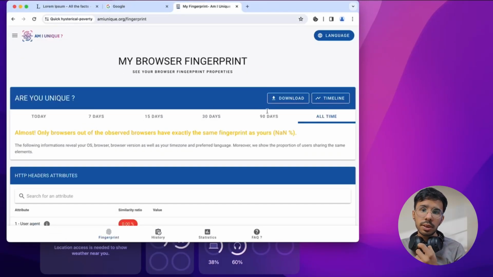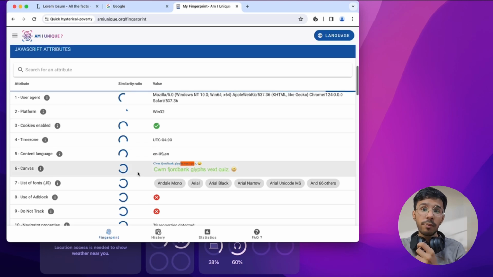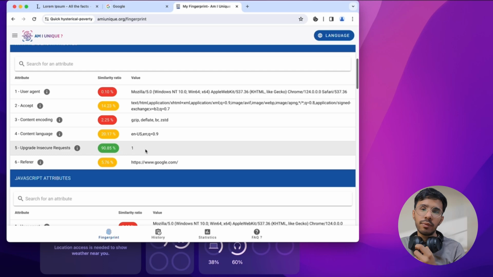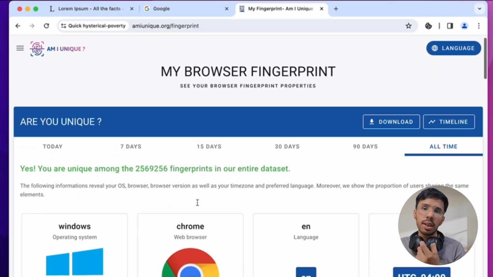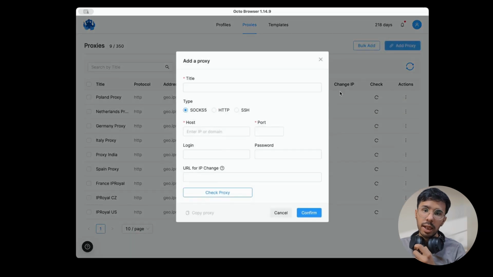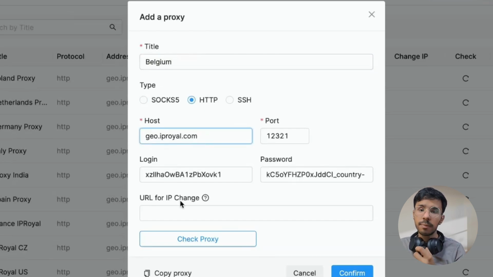One of the Octo browser's standout features is its ability to create high quality browser fingerprints for each profile. These fingerprints mimic real user behavior very closely, reducing the chances of getting detected by the websites or platforms when handling multiple accounts. Then proxy management is also a very good advantage of Octo browser. Many anti-detect browsers would not have this easy proxy manager, and even SSH format proxies are supported. So managing proxies is a breeze with Octo browser. You can easily set up and handle proxies directly within the browser.